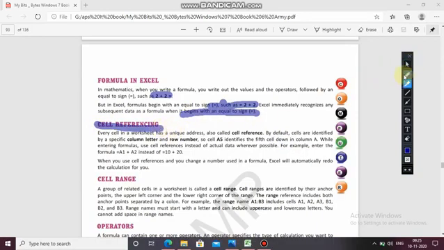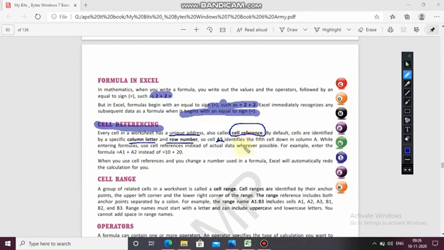Now cell referencing. So cell referencing is what? A unique address. In a worksheet each cell has a unique address, that is called a cell reference. By default, cells are identified by a specific column letter and a row number, like A5, A1, B6, Z7.